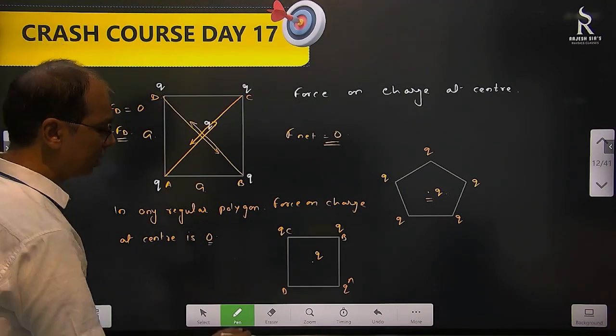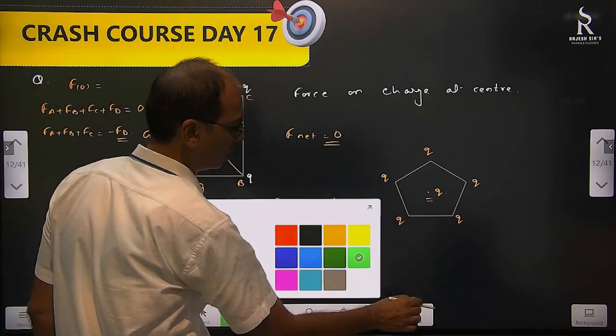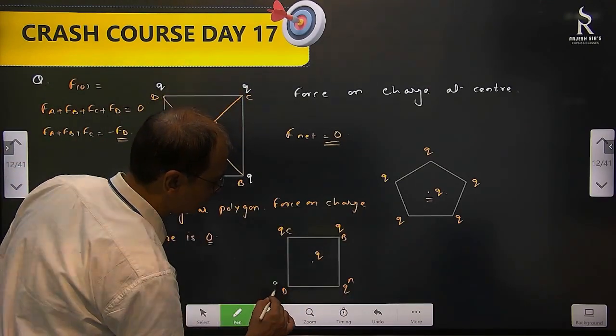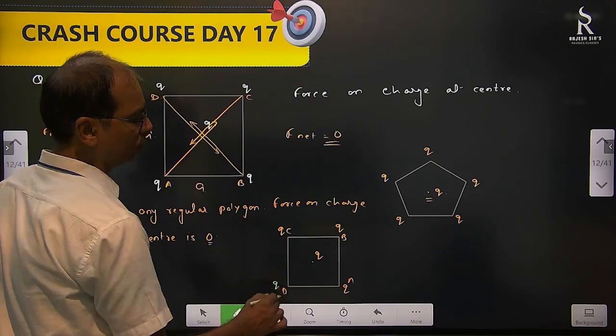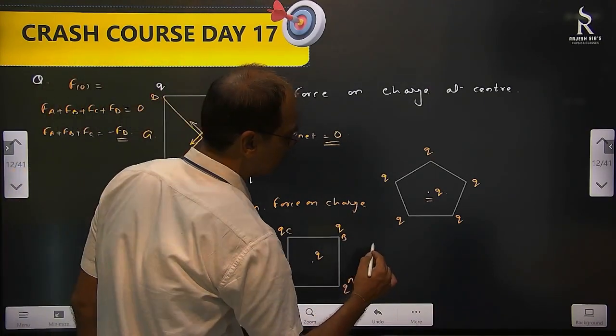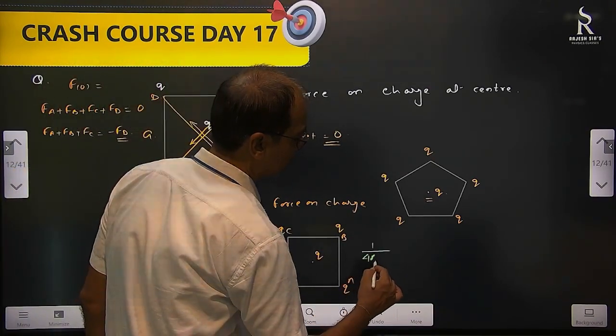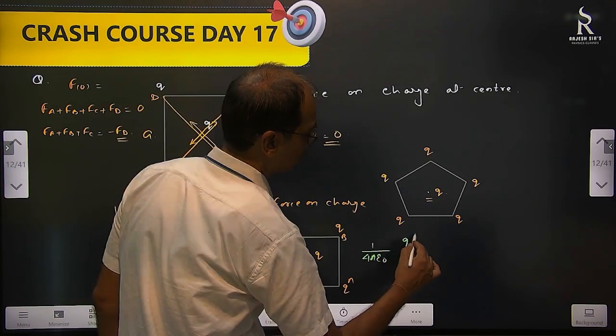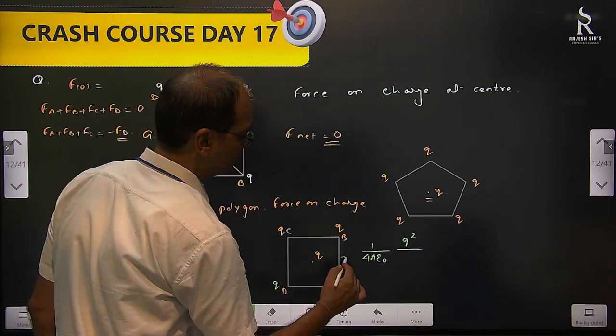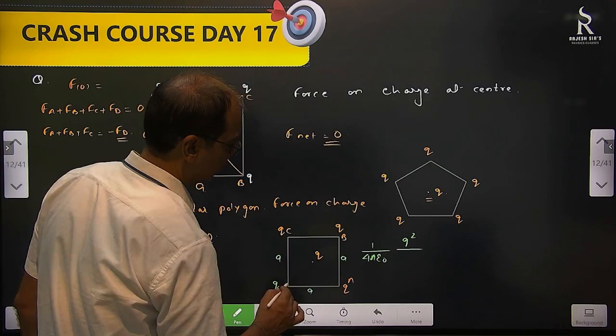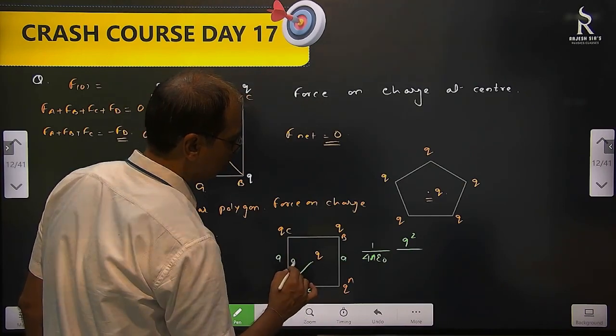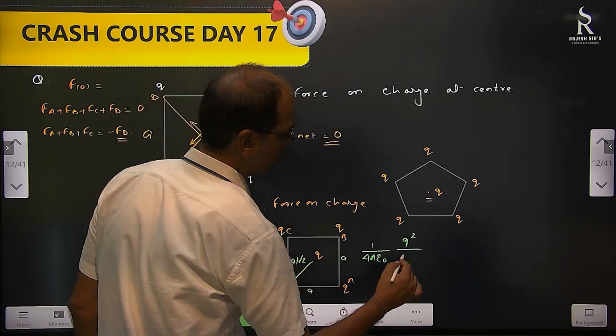So I am placing here charge Q, hypothetically, it's not there. So here is charge Q, and I am going to find the force due to this alone. So what will be the answer? 1 by 4 pi epsilon naught Q square, and if the side is A, then I know that this distance will be A by root 2. So A by root 2 whole square.